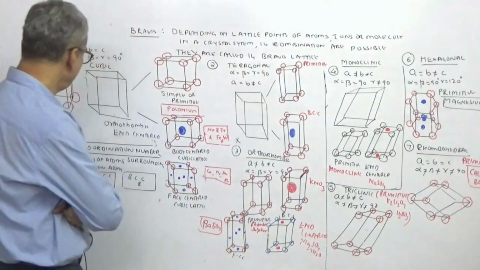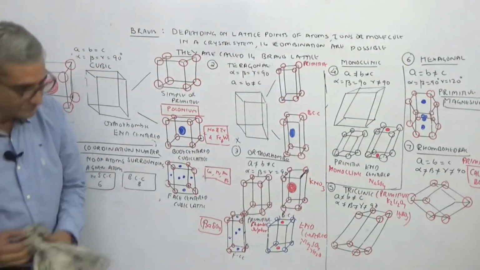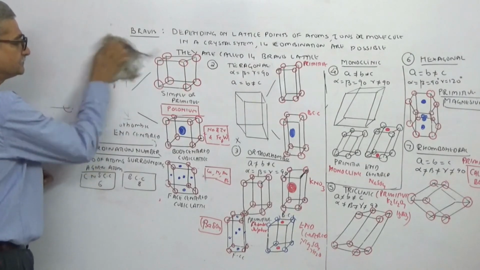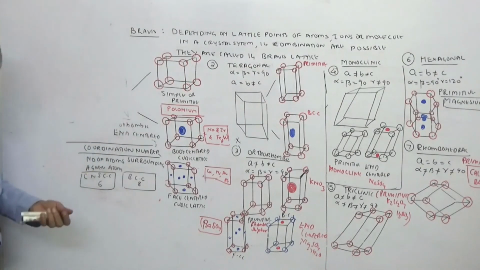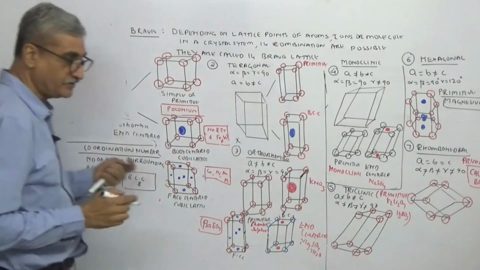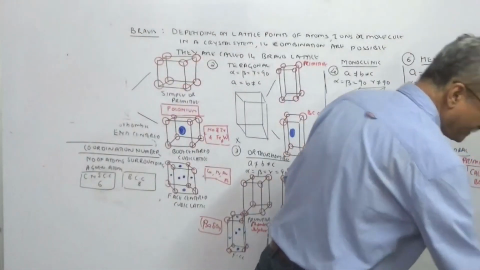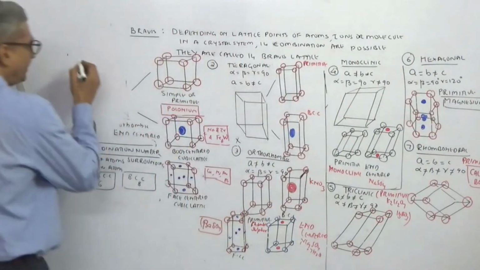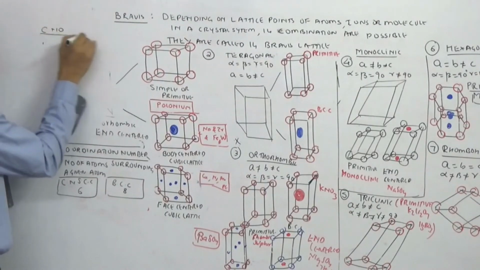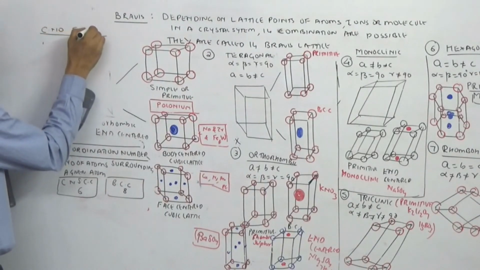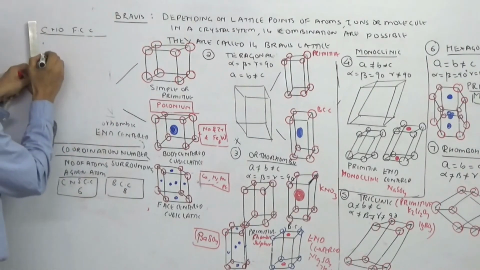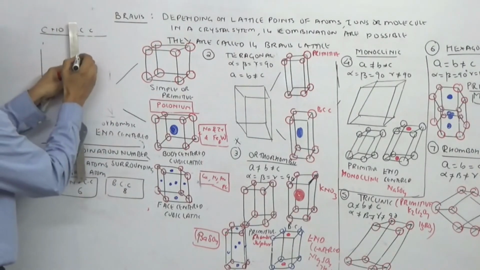Then we come to what? इधर देखो. Then we come to कौन सा? We come to face centered cubic lattice. ध्यान से सुनो अभी. I am finding the coordination number. CN means coordination number of FCC. फेस सेंटर्ड क्यूबिक लैटिस. जरा ध्यान, ये ब्लू है क्या ब्लैक है? ब्लैक है. आई एम ड्रॉइंग वन क्यूब.